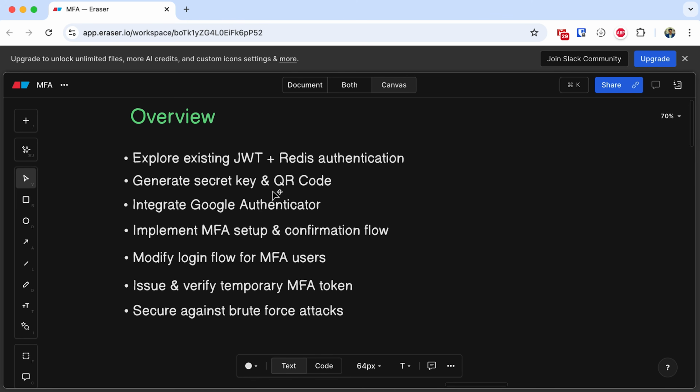We'll set up the multi-factor authentication flow from scratch, starting with generating a secret key, building the OTP URI, and producing a QR code that users can scan with Google Authenticator. Then we'll implement the confirmation step where the user verifies their authenticator app is working correctly before MFA gets fully